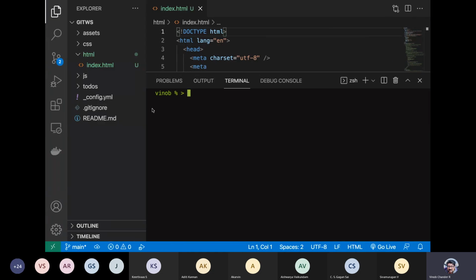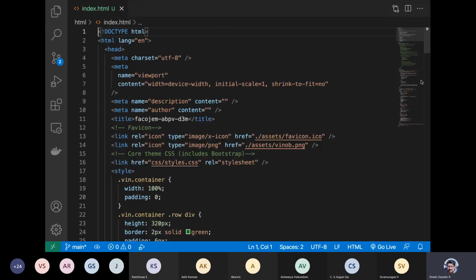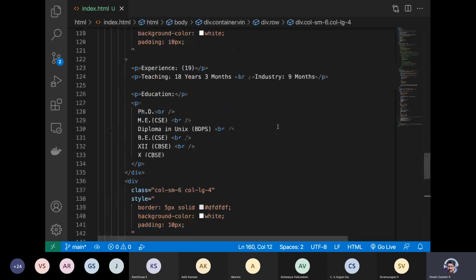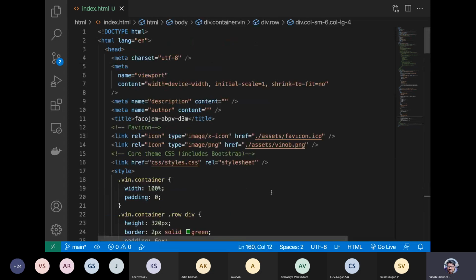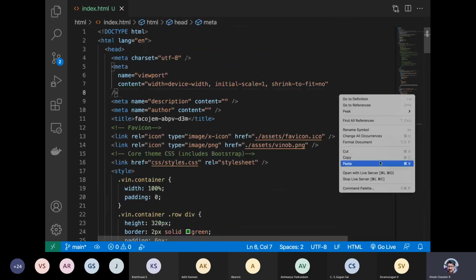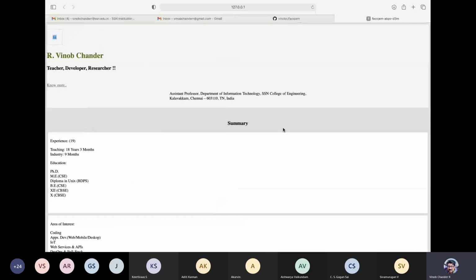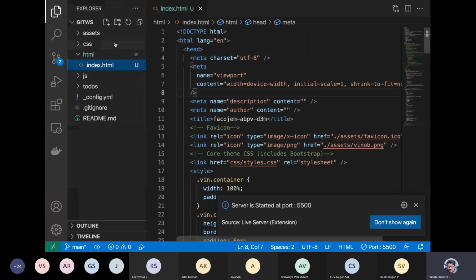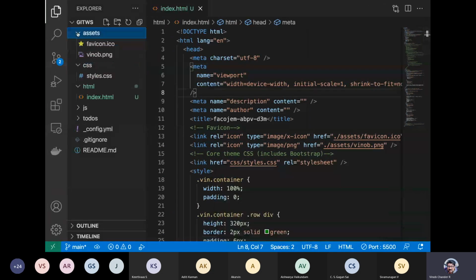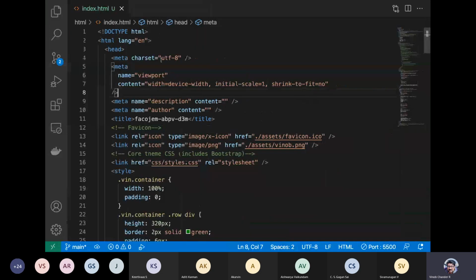Before I see the differences, let me do a small change so that I can see the differences in the HTML file. I have an HTML file which is a simple HTML file. Before that, let us view the file using a live server. Certain things are not visible over here. We have a CSS file, we have got some icons.